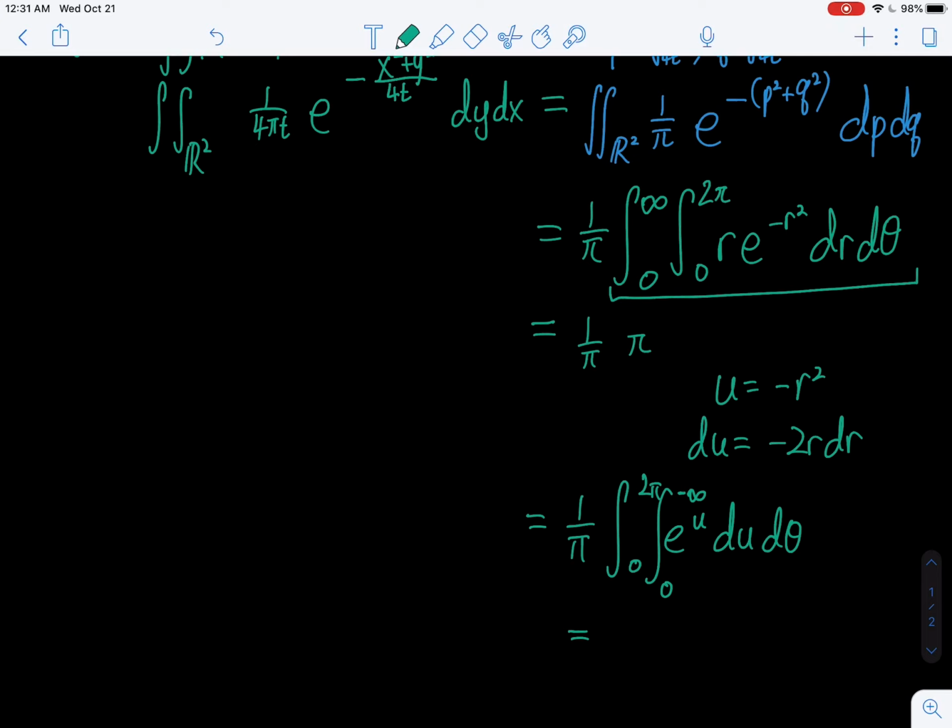Notice that we can separate the integrals out, right? So we get 1 over pi, and then the theta integral turns out to be 2 pi. But the e to the u integral, if we integrate e to the u, then that's just e to the u, and we're plugging in negative infinity and 0. So that will be, am I missing a negative? Yeah, I'm missing a negative. The negative comes from here, so we'll have negative. Anyway, if we plug in negative infinity, we'll get 0. If we plug in 0, we'll get 1. And therefore, this is